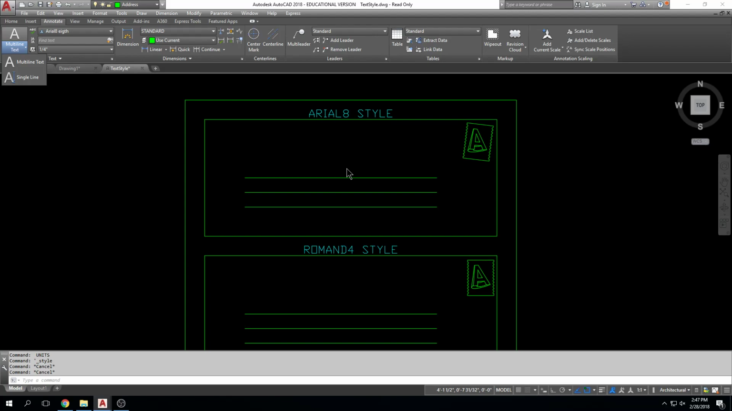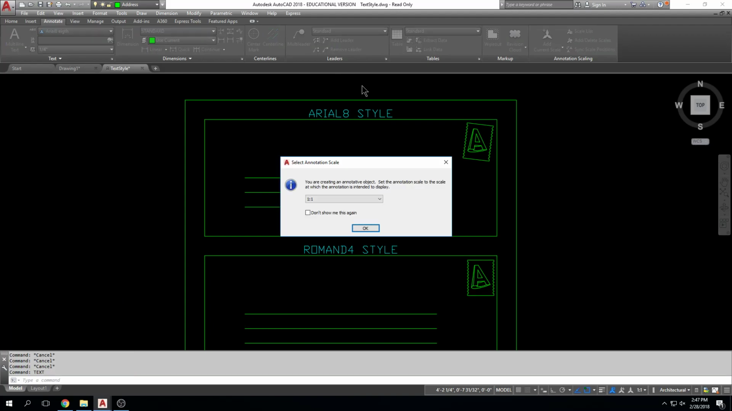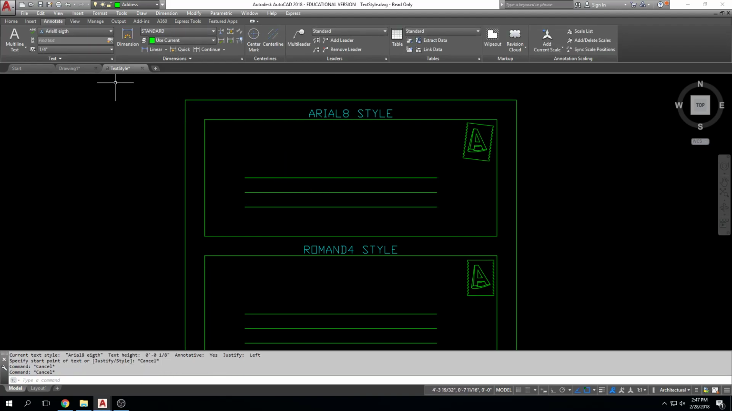And so using single line text will be appropriate in this application. So I'd click on the down arrow, I can click on single line text. The command line input for single line text is just the word text, T-E-X-T, enter. Okay. Now, before I start my text, because we have annotative text that we're using, annotative text means that within